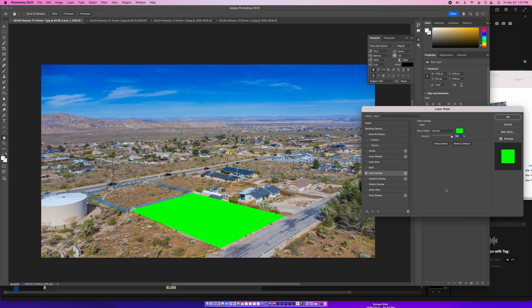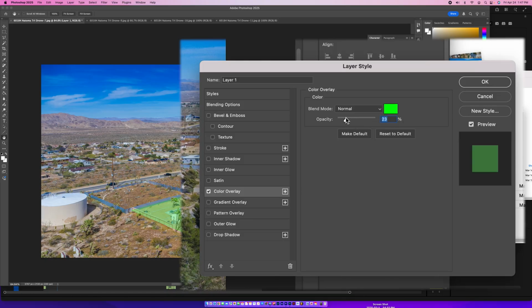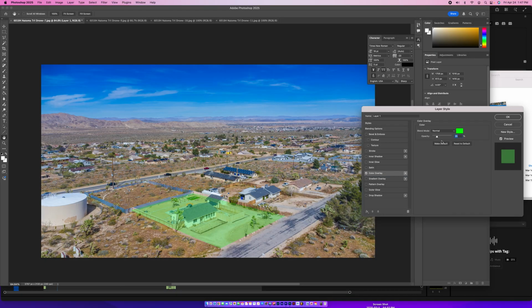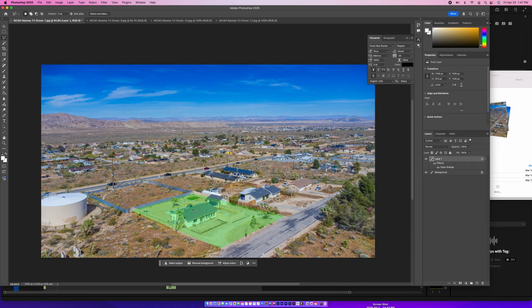Don't go full on 100%. So we always go to 20 or 25. Let's go to 25 for this one, or 20 right there. Okay. So right there, right away, you can see, bam, that's the property lines. To make it even more specified, or just to be more obvious,